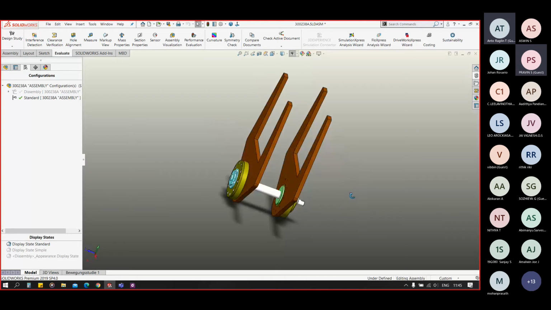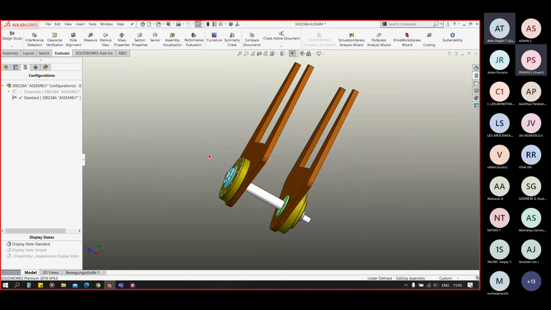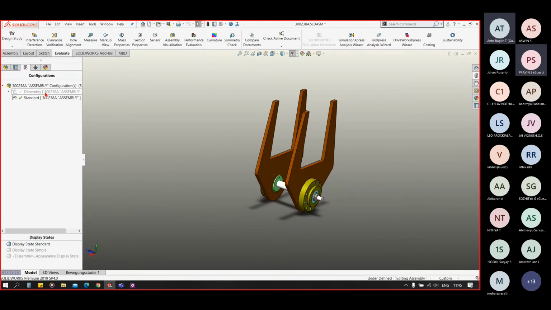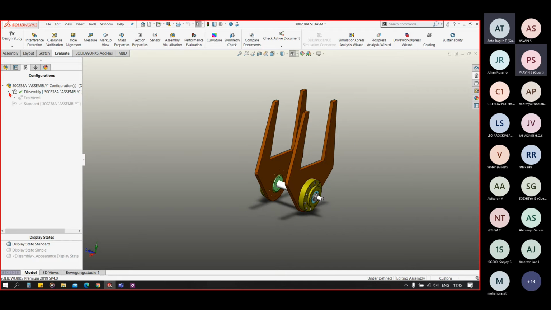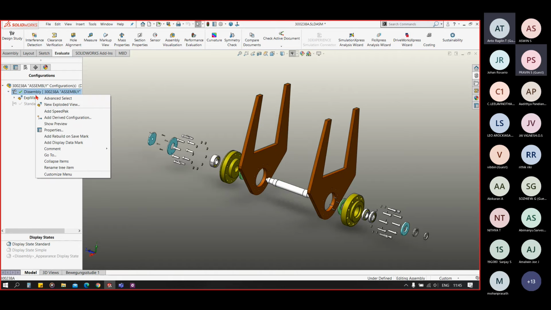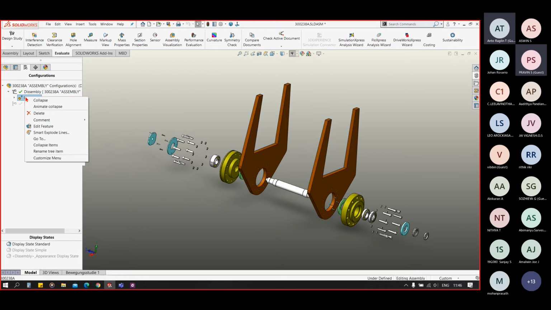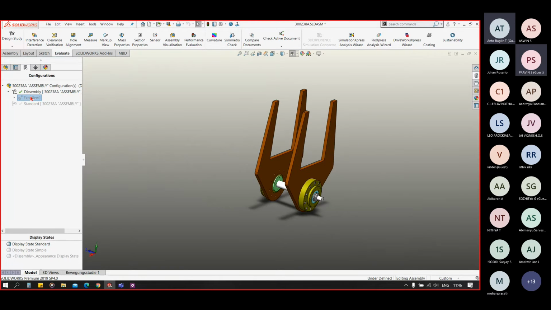You can see how exploded view works. I have designed this for explode and unexplode. You can see explode. You can see collapse.